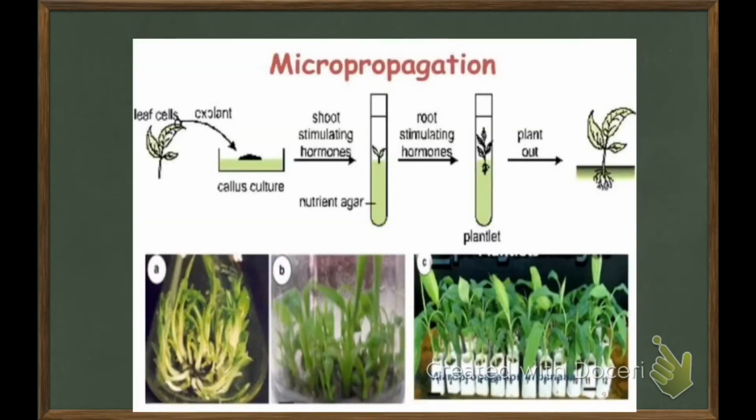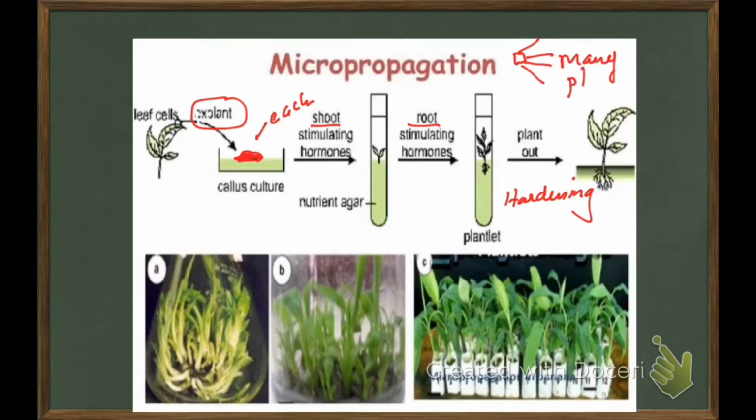See here, this picture tells you about micropropagation. We have taken an explant and from the explant we generate callus. In this callus, each cell is undifferentiated. From each cell we can generate an individual. So by shooting and rooting we take out the plant, and the process at the end is known as hardening. Why is this important? Because we start from a small cell and we can generate many plantlets. So economically this is very cheap, as well as we'll get exactly identical plants using micropropagation.